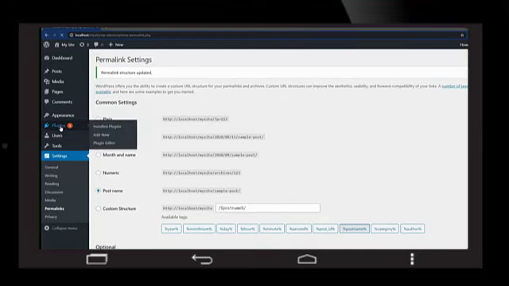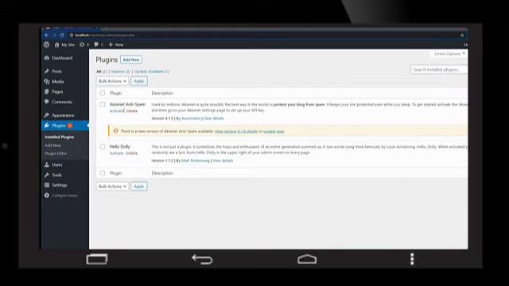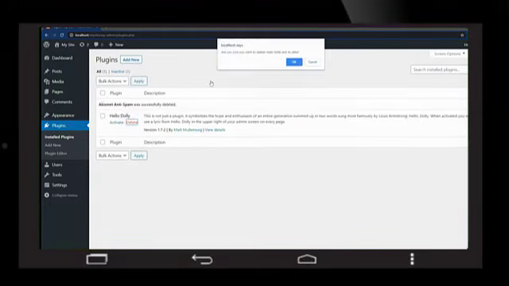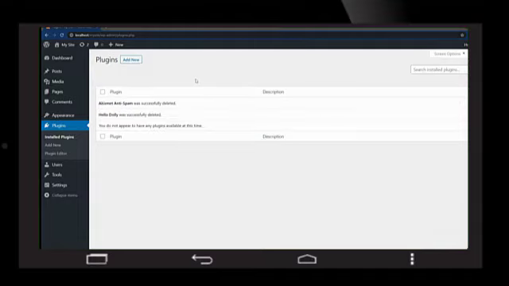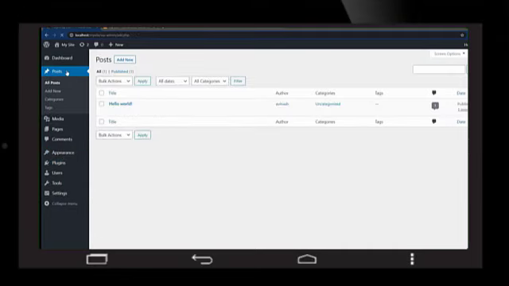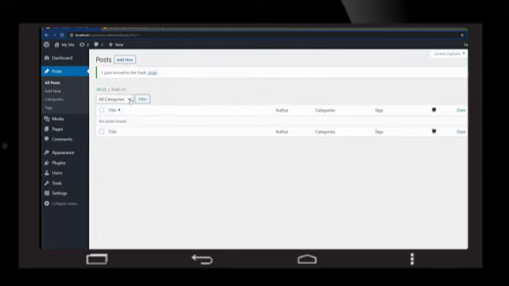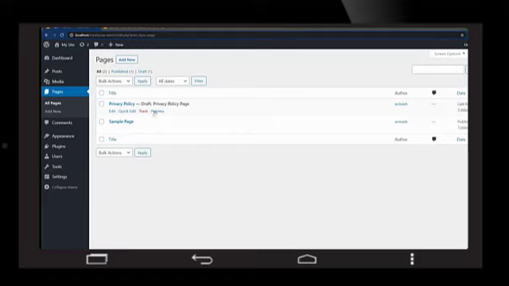After that, I'll click on plugins, and here we have some plugins that we don't need on our website. So let's delete this one, and I will delete this one also. Let's click on posts, and here we have one demo post, so let me trash this one. Let's come to pages, and here we have the privacy policy and sample page, so I will leave them as they are.